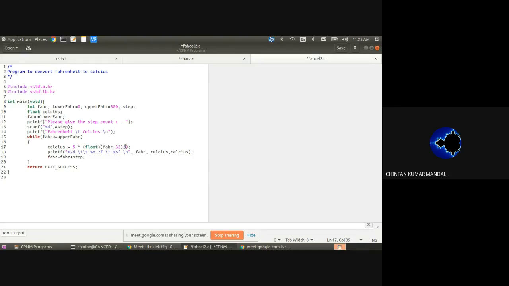So what is happening over here? This will become in brackets. Now what will happen? What is going to happen over here? Far minus 32, this is an integer, is being masked with a float. So this far minus 32, the value which is an integer, starts behaving like a float due to this float divided by an integer. So it's basically float divided by an integer. So my integer below part starts again behaving